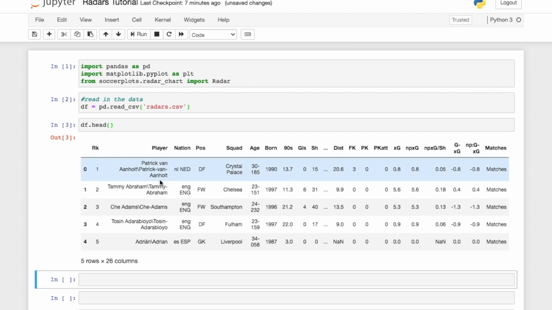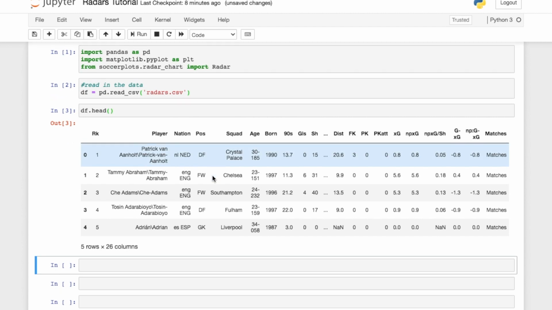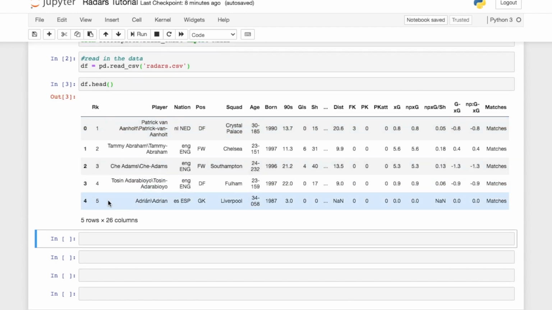So it's sorted by player name, and then we have nation, position, squad, and then we have more here. But as you can see, we have a lot of statistics on different things that are going on with the actual data. And then the next thing we're going to do is, as you can see, you don't have to do this. This is something very specific to FBref,